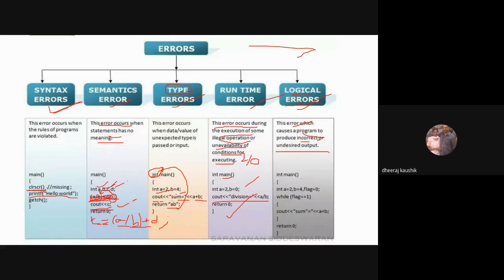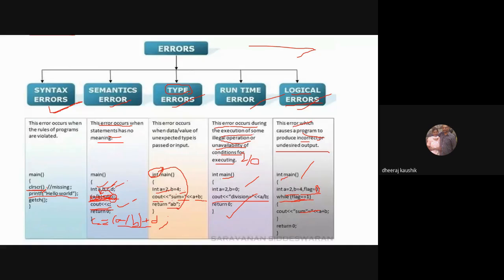So in this program, the function is declared perfectly, and the bracket is opened, and three values a, b, and flag are declared. And while flag double equal to 1, you'll print the sum, right? Do consider here the value of flag is not getting updated, it is 0. And this while loop is telling that if the value of flag is 1, then you have to print the sum of a and b.